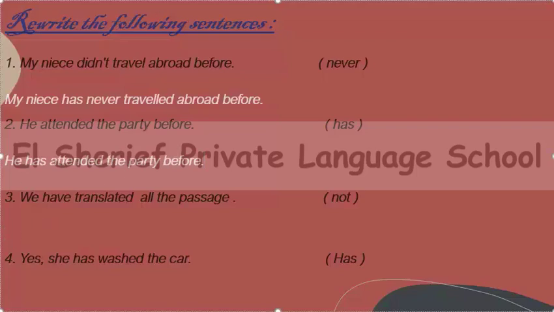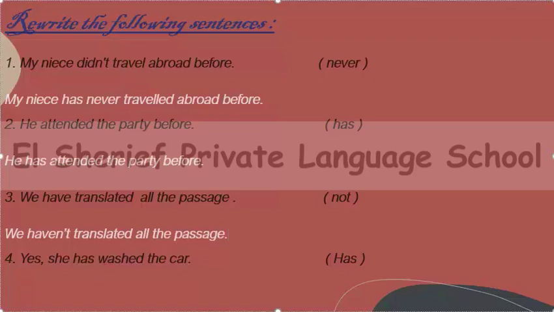We have translated all the passage. Use not. Not always comes after the helping verb. So here it will be we haven't translated all the passage. Okay,